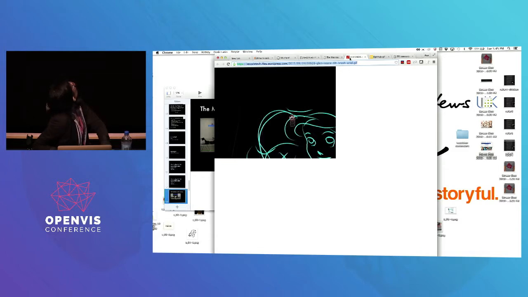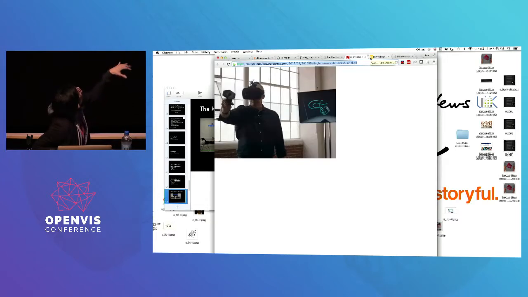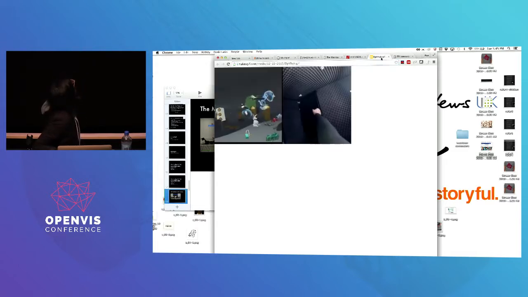This is Tilt Brush, which is for the HTC Vive, which I haven't gotten to try yet, but I'm so looking forward to it. Homeboy is drawing in 3D, and that is nuts. And then you can walk in the middle of your drawing. That's crazy. That's some of the coolest stuff I've ever seen.